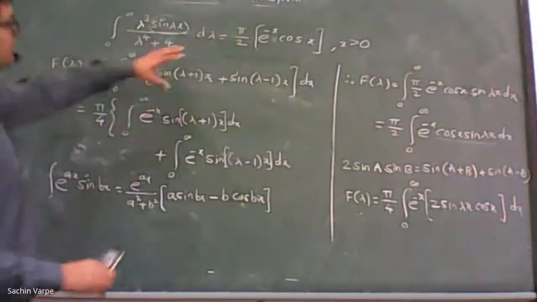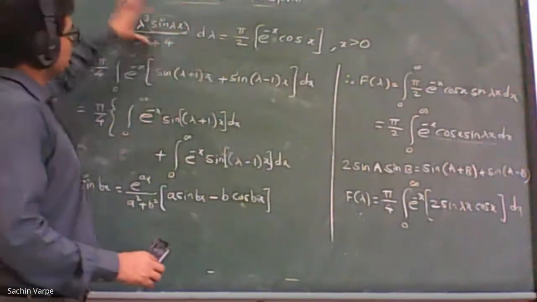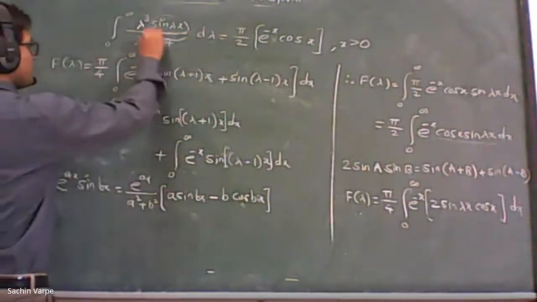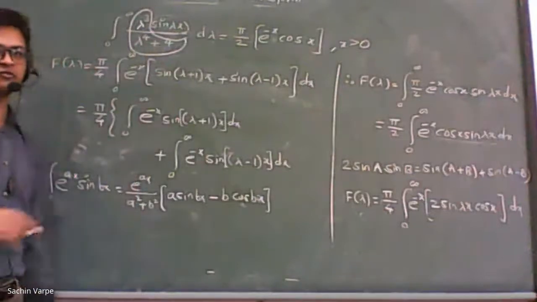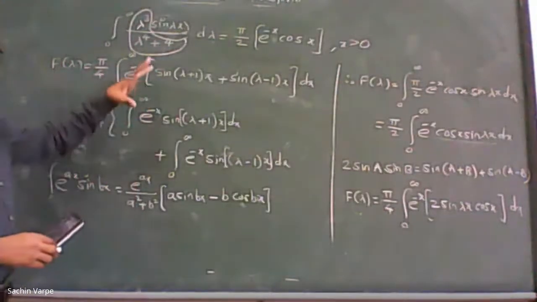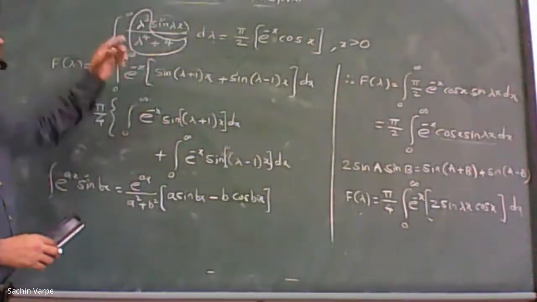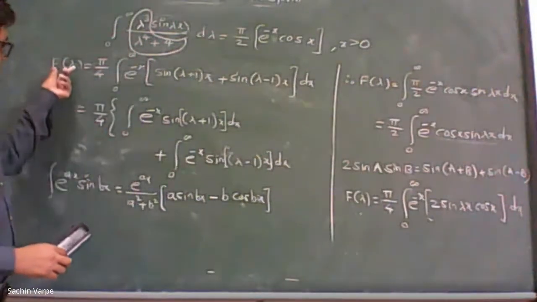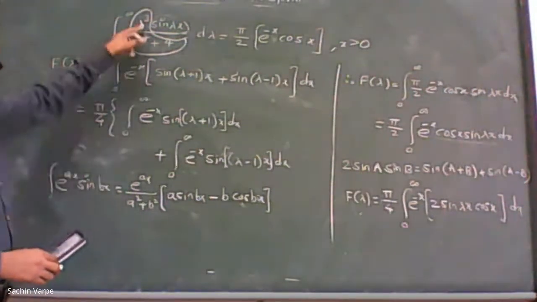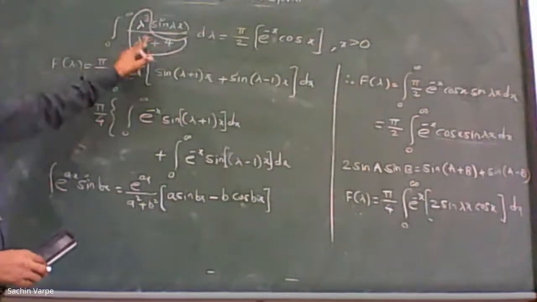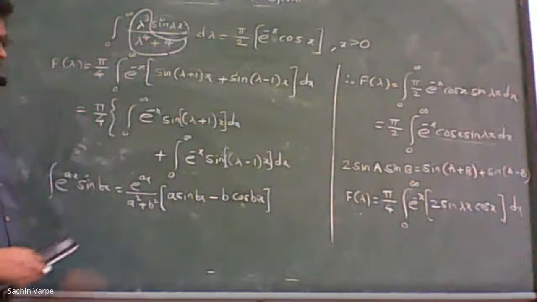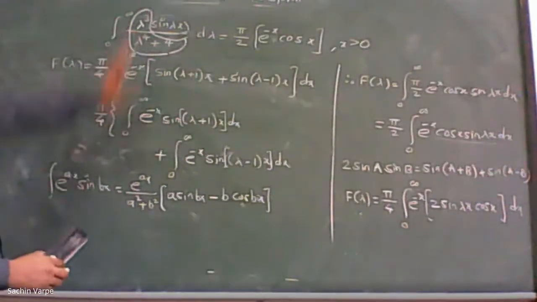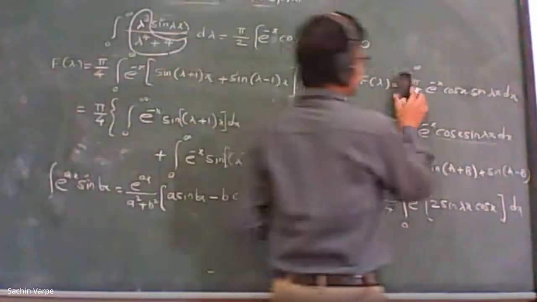Actually, if you look at the proof part, this function is nothing but the Fourier sine transform. We have given the answer also. The value of this f of lambda must be lambda cube upon lambda raised to 4 plus 4. Till that we have to simplify this f of lambda. So let us see whether we are getting that or not.